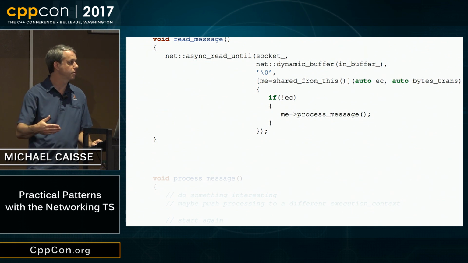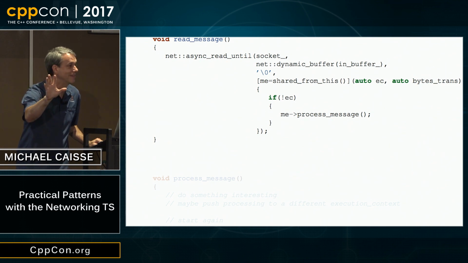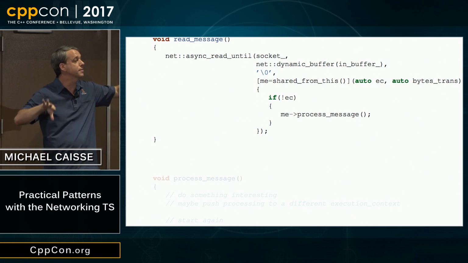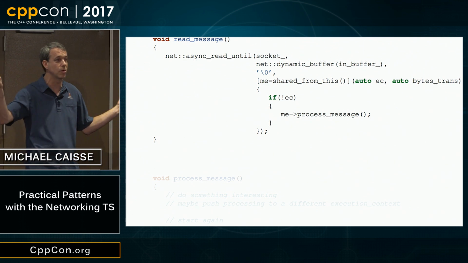The lifetime of this object will continue as long as this asynchronous operation is queued up. And when that operation completes and the completion handler is given to the executor, it still has a reference. And when the completion handler is called, it still has a reference. Then it should probably queue up another task, or it should do nothing, right? It's reached the end of what it needs to do. And that separates the read from the write. Reads can make decisions on their own, and writes can make decisions on their own. And when there's nothing else to do, then the whole thing can come back down again.